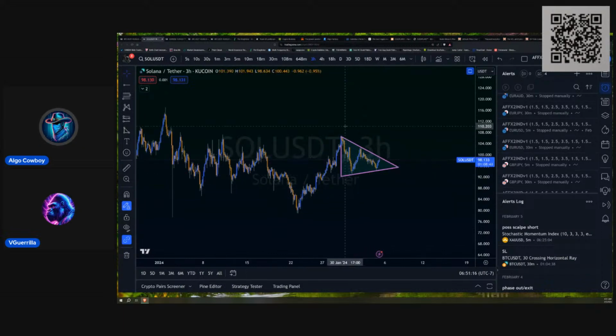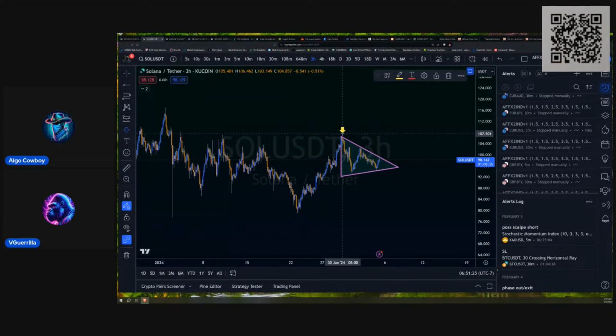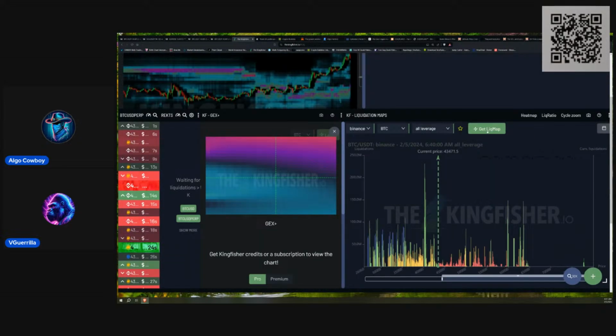But you're seeing these lower highs over the past week or two. You're seeing lower highs and higher lows as well, but the lower highs are getting lower faster than the higher lows are getting higher, right? So that's kind of a poem. But long story short, this downward movement is sharper than this upward movement. So it's slightly bearish, but look, it's Solana. That's the problem. You don't necessarily want to short it unless it's a very clear short.